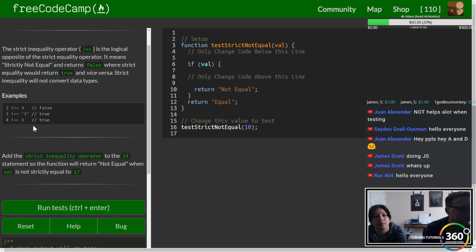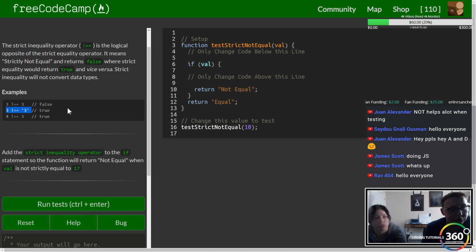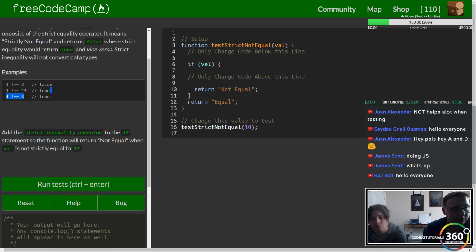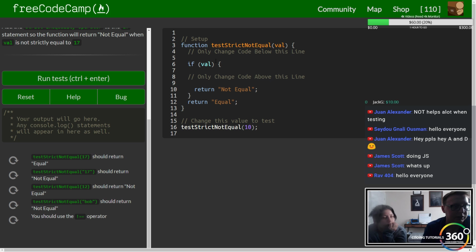All right, so exactly like we were saying, 3 is not equals to the string 3, so thus it's true, because we're checking the value and we're checking the type. And 3 is not equals to 3 is false because 3 is equals to 3 in value and type. Alright, so here let's go ahead and apply it. So this is not equals to